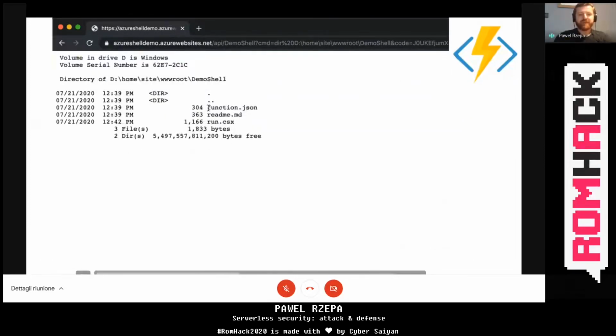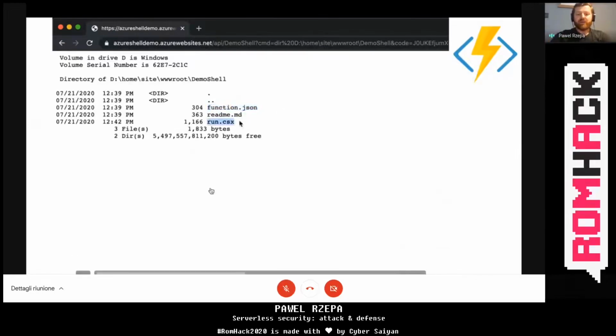Here you can see the function.json file, where you can see the configuration of your Azure function. For example, whether this Azure function is triggered by a time event or by HTTP, and if by HTTP, whether you should give the API key or it can be invoked anonymously.